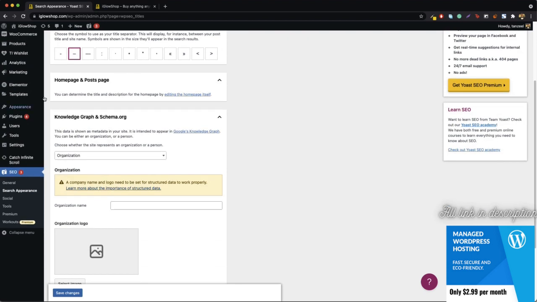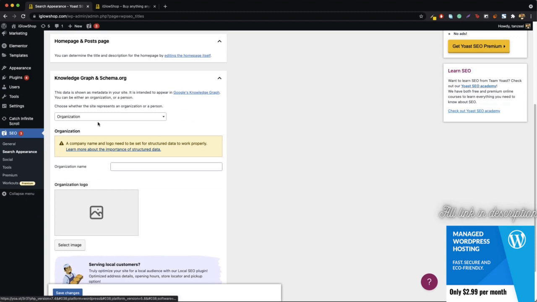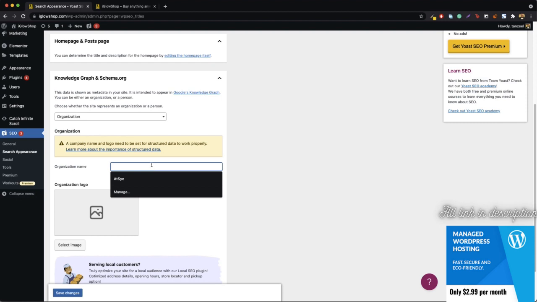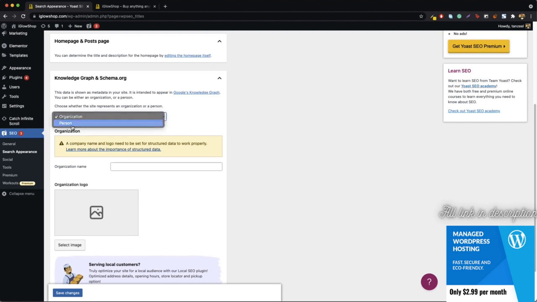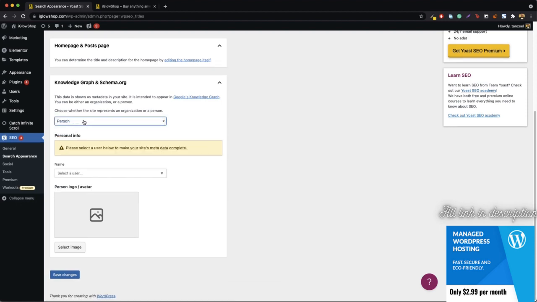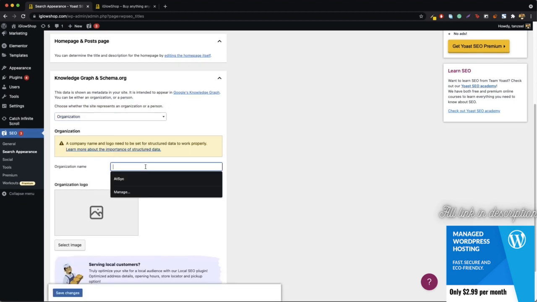So now right down below, we have got this home page. Since we have already done the home page, we now do not have to worry about it. And now here we've got this knowledge graph and schema. Here you're going to be entering your organization name. If you are building a personal website, you can use a person. If you are an organization, just select organization